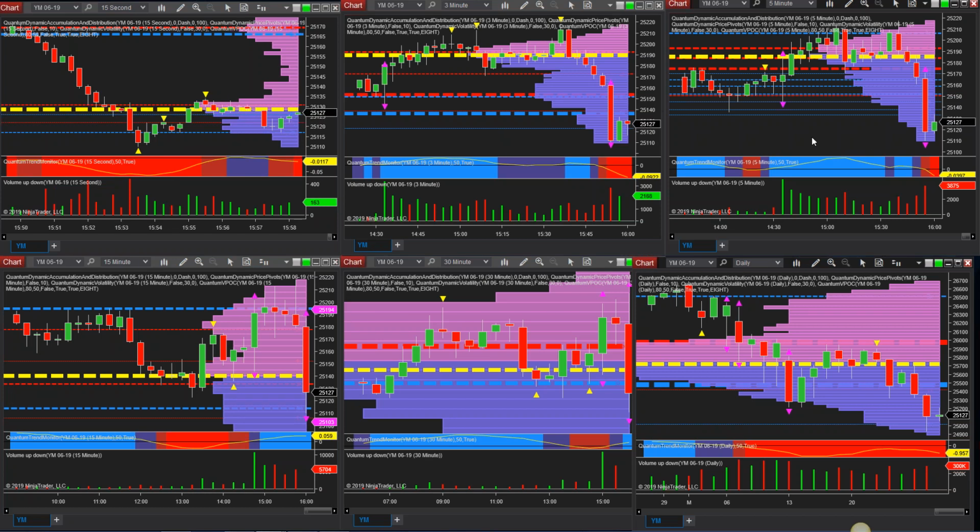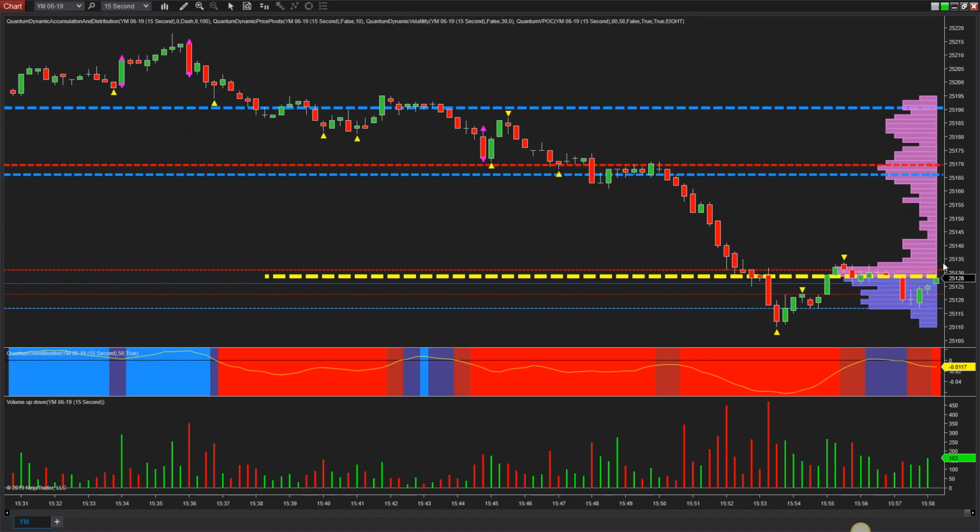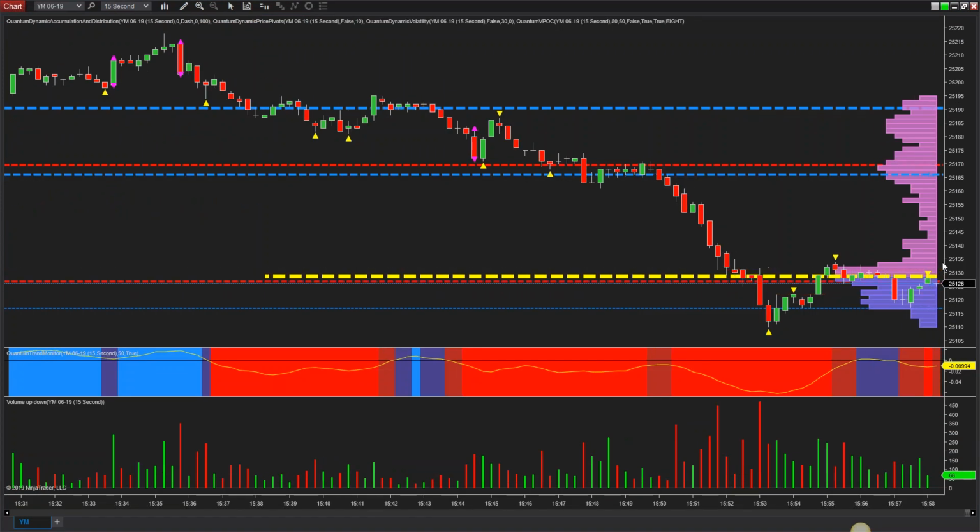Now we're back in patience mode again. Volume point of control has moved down. It's at 128. This moves around the whole time. It's completely reliant on how fast the volume profiles build and rebuild, how long. It's all to do with time. The volume point of control is about volume, price, and time,